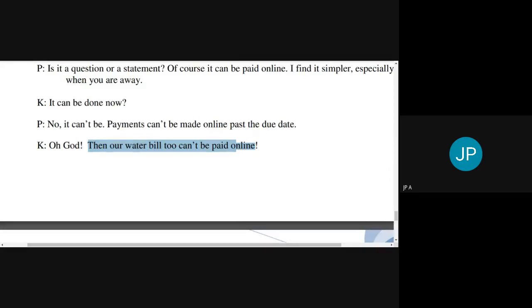"Too" is used only when you talk about positive things. For example, you can say that the water bill too can be paid online. That can be said. See, this is correct usage. But when you say "can't," when you use a negative, you cannot use "too" there. Then you have to use